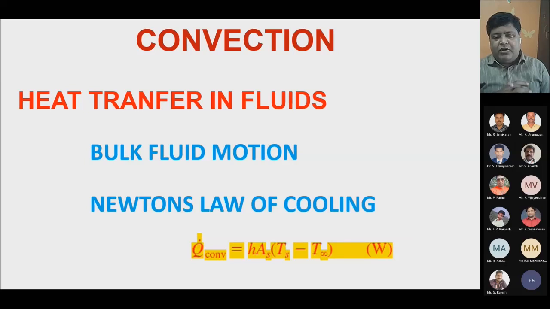And this h plays a very important role. It tells the ability of the fluid to absorb heat from a given surface or to dissipate heat to a given surface. So h is a very important factor. More often we can say it is the property of the fluid, like thermal conductivity k is the property of a solid, which helps in conducting heat very fast or very slow. Similarly, h is the factor which decides how fast heat can be transferred from a surface. The fluid plays an important role.